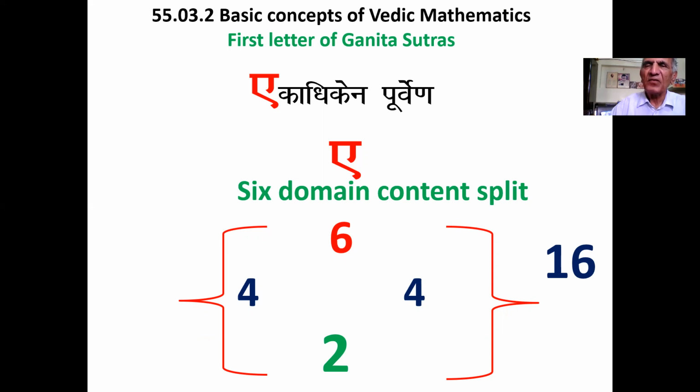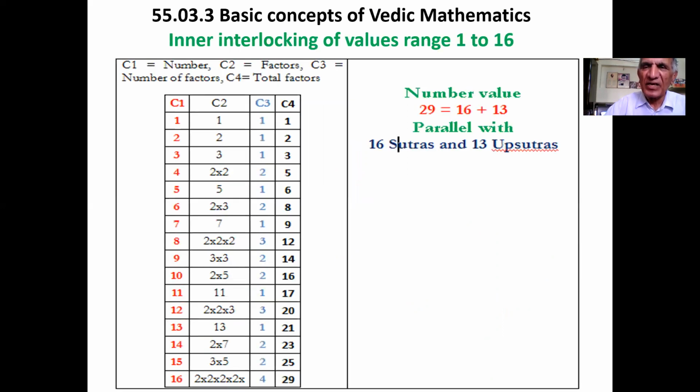Step ahead, when we will have a fresh visit to number value 16 as a values range 1 to 16, and when we will draw the table of its factors, we will see that values range 1 to 16 takes us to factors 1 to 29. It is a blissful internal feature.